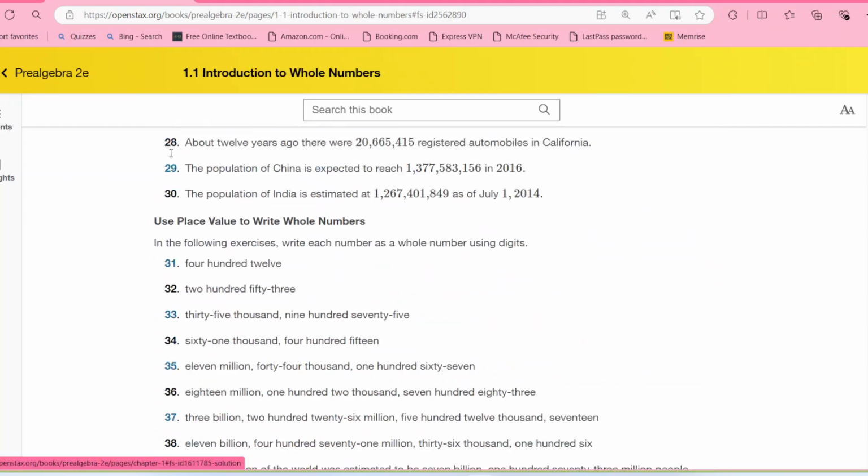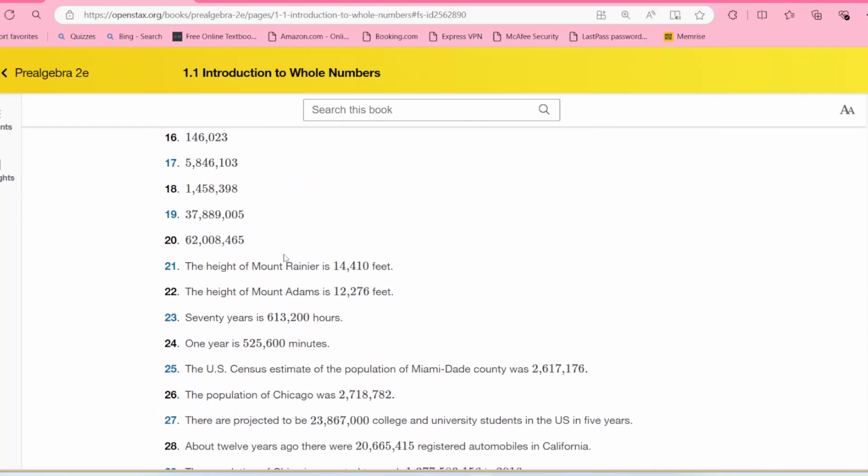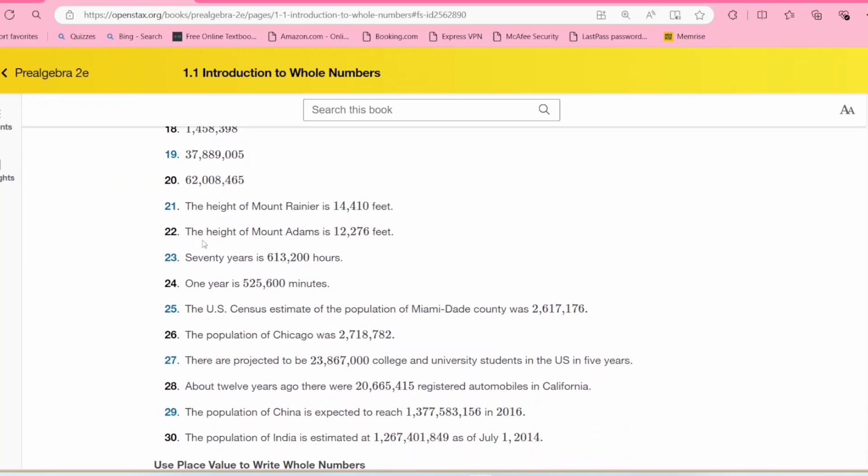All right, and back to number 22. The height of Mount Adams. Now I know Mount Rainier is in Washington. I'll have to look up where Mount Adams is. I probably should have beforehand, whatever. But the height of Mount Adams is,